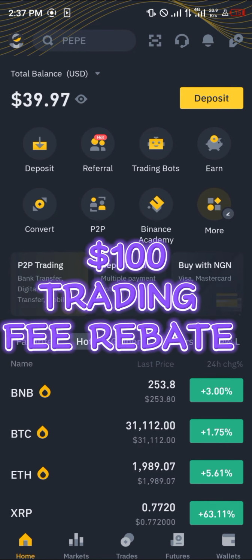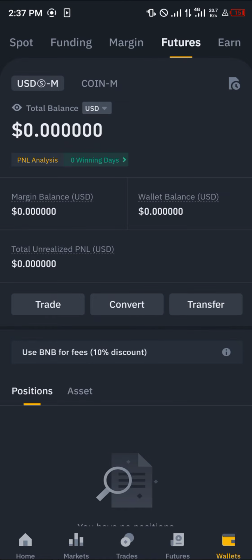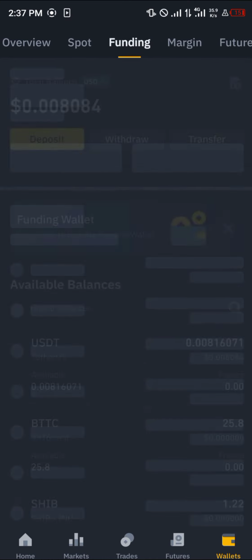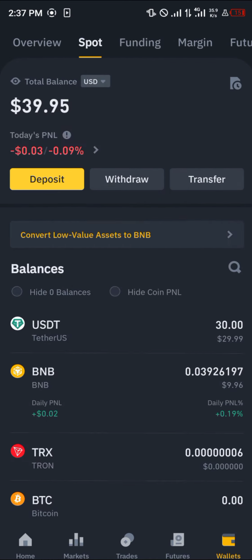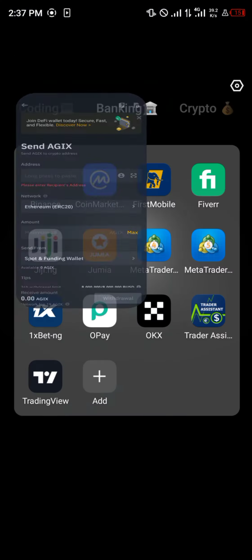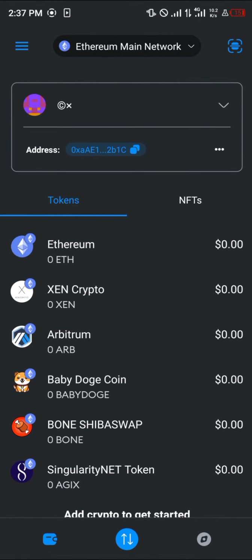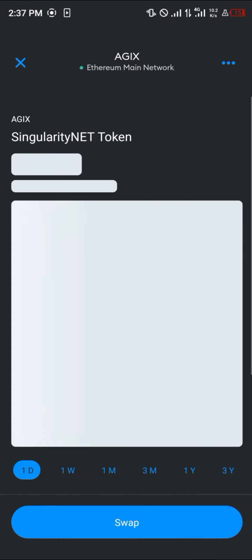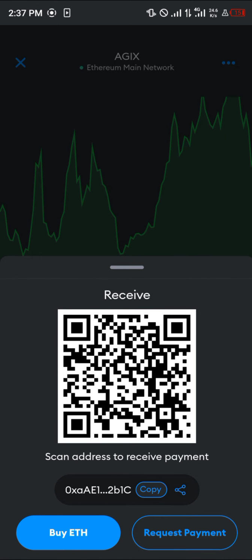Now, before you can even convert, you would need to deposit crypto. So you simply deposit your crypto here, and then you head over to your wallet section, where you simply click on spot or funding, whichever it might be, and click on withdraw, and simply click on AGIX. Click on this AGIX now, click on send via crypto network, paste the recipient address, which is our Metamask address here. So once Metamask opens up, you simply copy its address. So simply click on this AGIX, click on receive, copy its address,